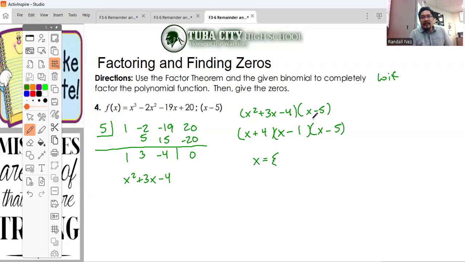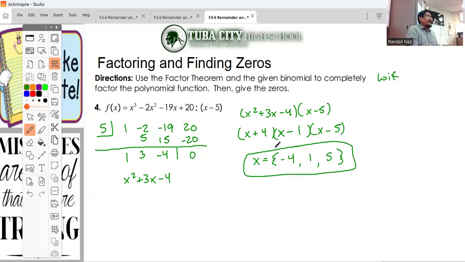All right, and remember, when you take them out, they're going to be opposite. So opposite is going to be this first one here. So that's going to be -4. And this is going to become a positive. So it shows negative, but it's going to be positive. And -5 becomes +5. So there we go. Those are the 3 solutions that we have for this one. So again, it's not all that different. If you remember that one,